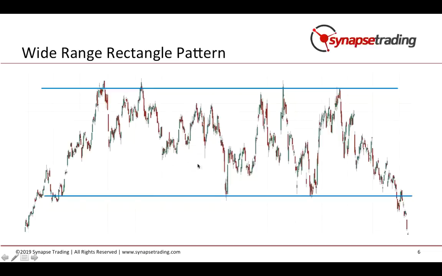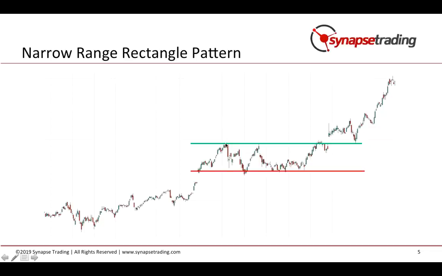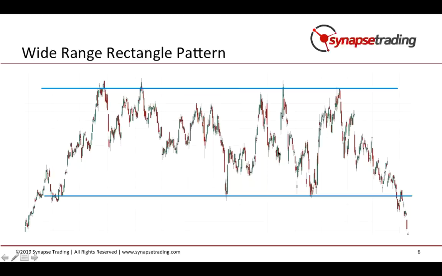So overall, you can see that it is a much wider pattern, and because it's much wider, there's a lot more choppy price action, so you will tend to see more breakouts. It's also much harder to define the range because it doesn't always end up at the exact same point. If you compare it to here, the range is more or less uniform, whereas for here, you might get prices that come near the top but don't exactly touch the top, or prices that come near the bottom but don't exactly touch the bottom. Therefore it is going to be a lot trickier to trade the wide range type of pattern.